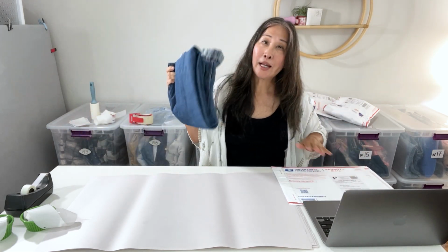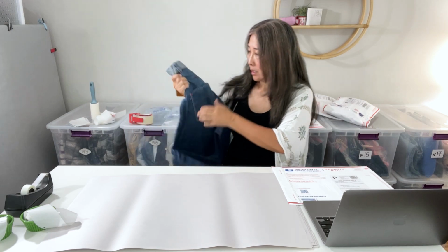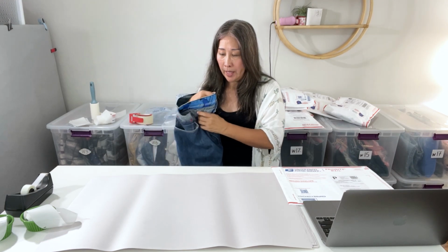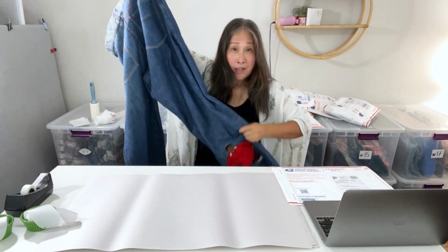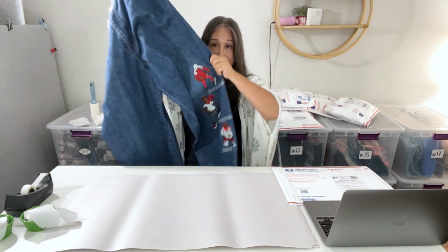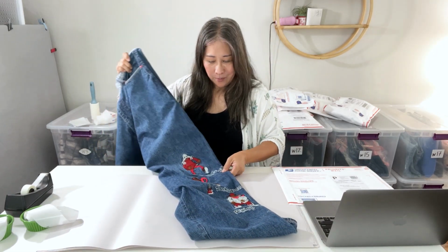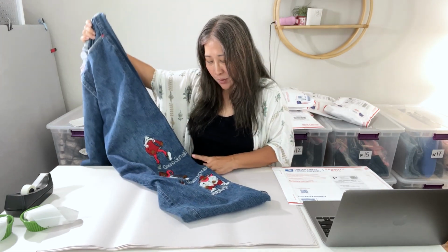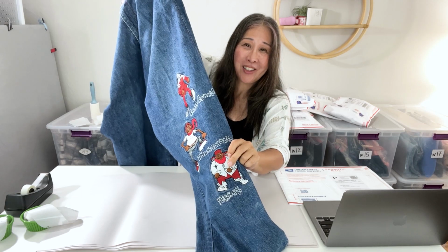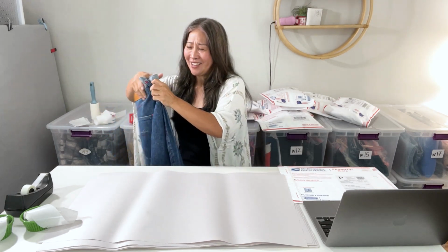So this one I definitely picked up at a thrift store. It was from Out of the Closet, and when I saw these I decided to go ahead and pick them up. The brand is FUBU, and the reason why is because it's the ones with the Fat Albert characters on it, right here. And I used to watch this show when I was a kid. There's Dumb Donald, here's Mushmouth, and here's Russell. Russell was always the cutest one. I think Russell was Fat Albert's baby brother or something. Anyways, I saw this and I was like, ah,